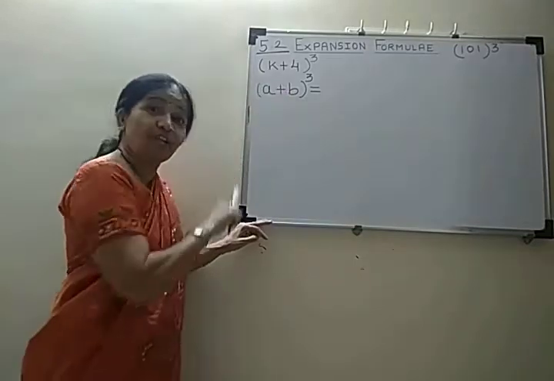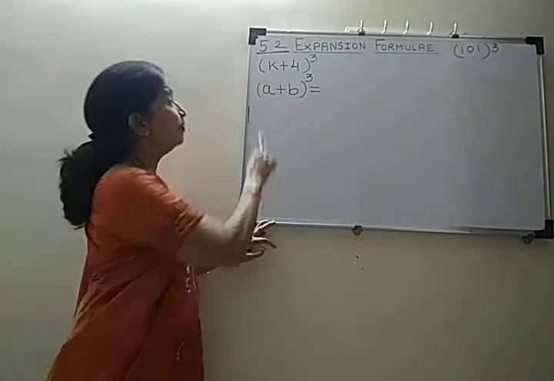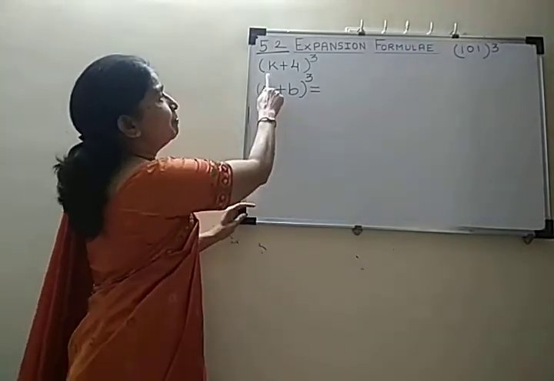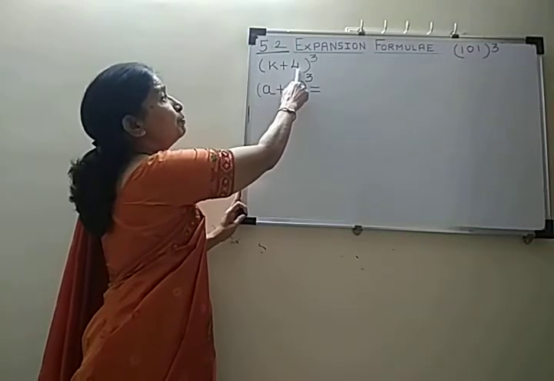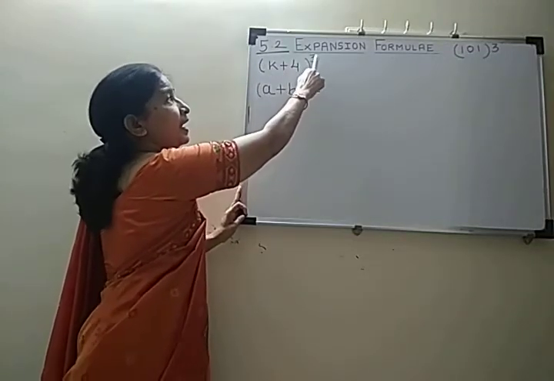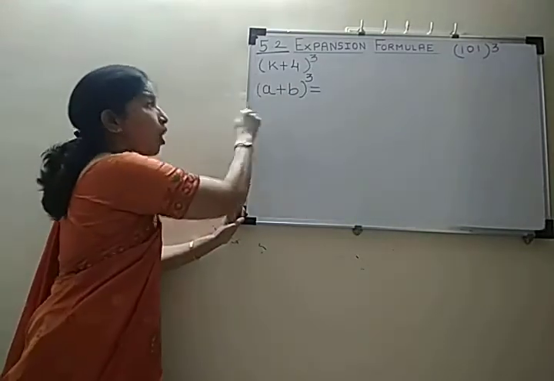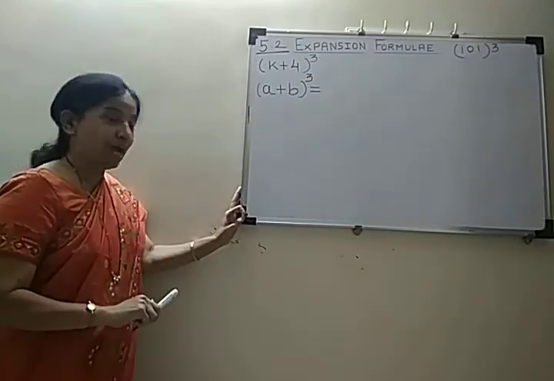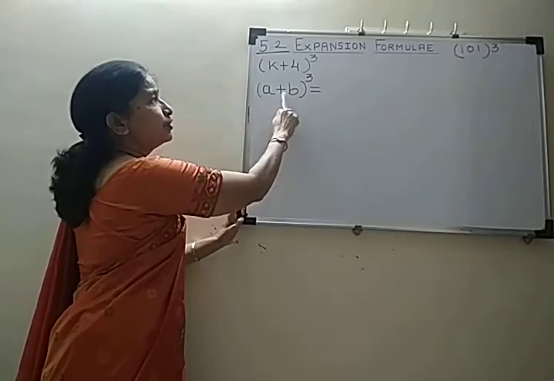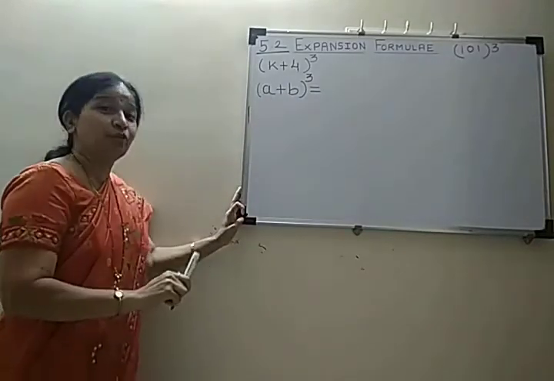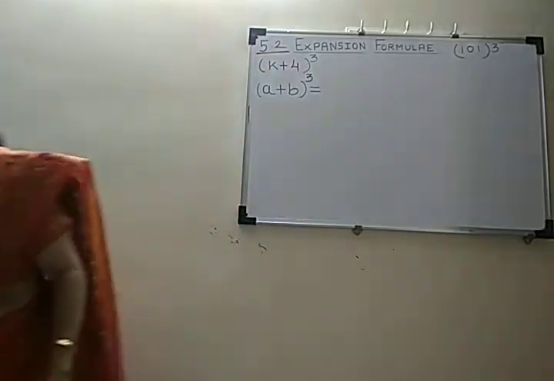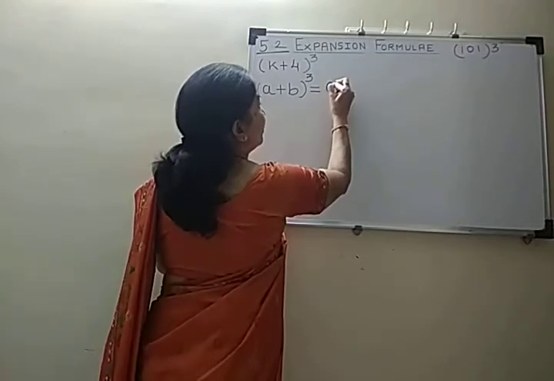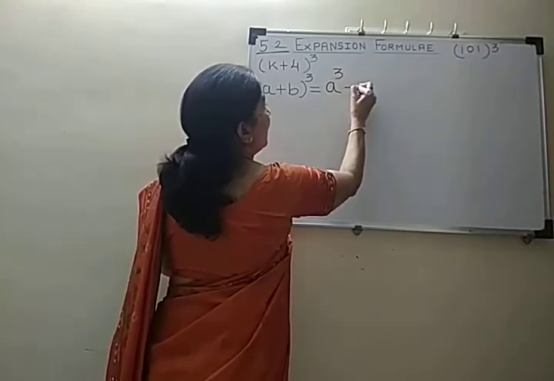In 5.2, today we are going to learn a new formula. What's the example? That example is (k + 4) whole bracket cube. So for that, today we are going to learn a new formula, that is (a + b) whole bracket cube is equal to a cube, is equal to a cube plus